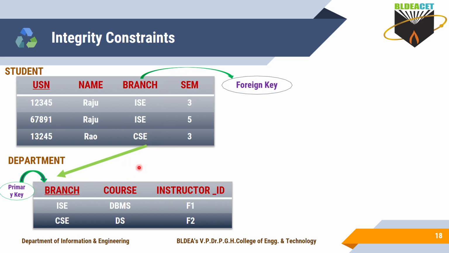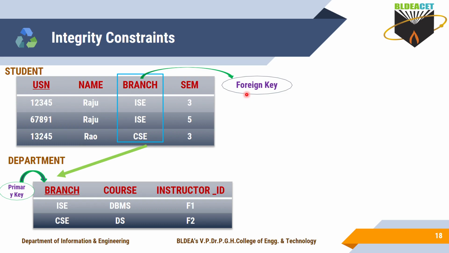If you want to relate any two tables, one thing you remember: in the parent table, that attribute must be the primary key, and in the dependent table that attribute must be the foreign key. And what domain will you take for these two attributes? For the primary key and foreign key, the domain must be the same. Domain is nothing but the format you take for the primary key attribute. The same format you have to apply for the foreign key attribute also. The data type and data format of the primary key and foreign key must be the same here.